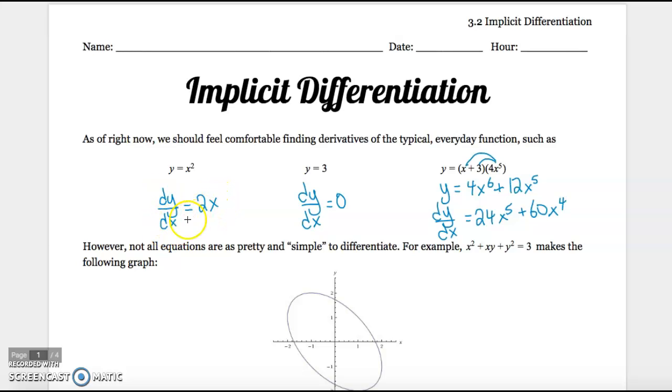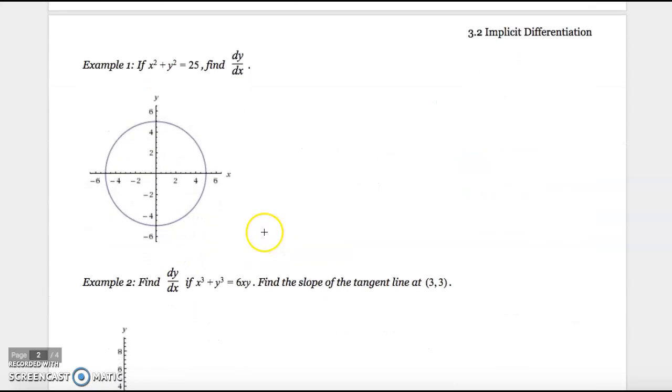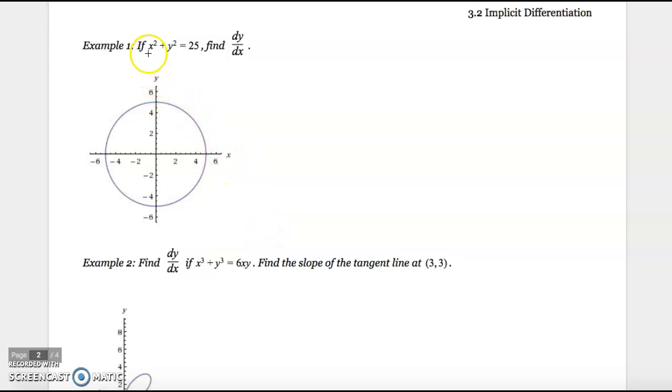We need to still do that, even if y isn't what your equation is solved for. So we're going to try that. Let's go ahead and look at our first example. If x squared plus y squared equals 25, it's a nice circle equation. This isn't solved really easily for y, so I'm going to use implicit differentiation to find the